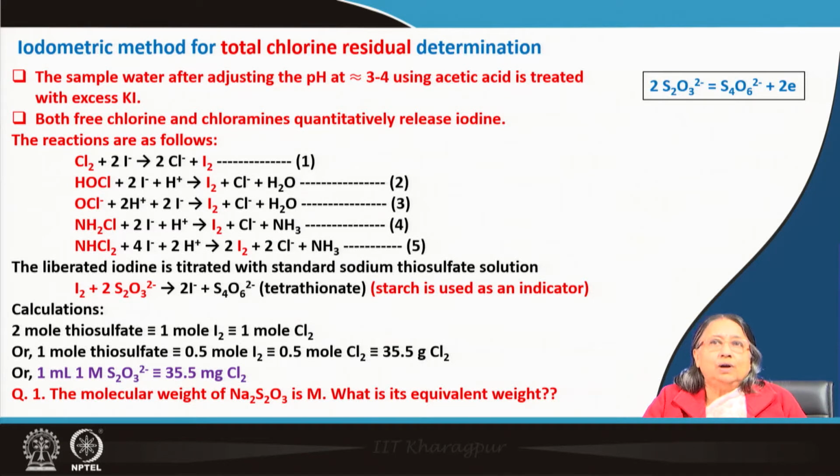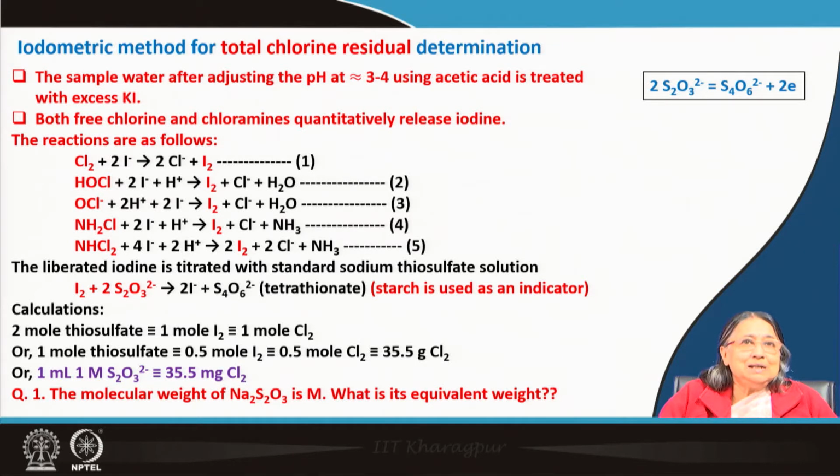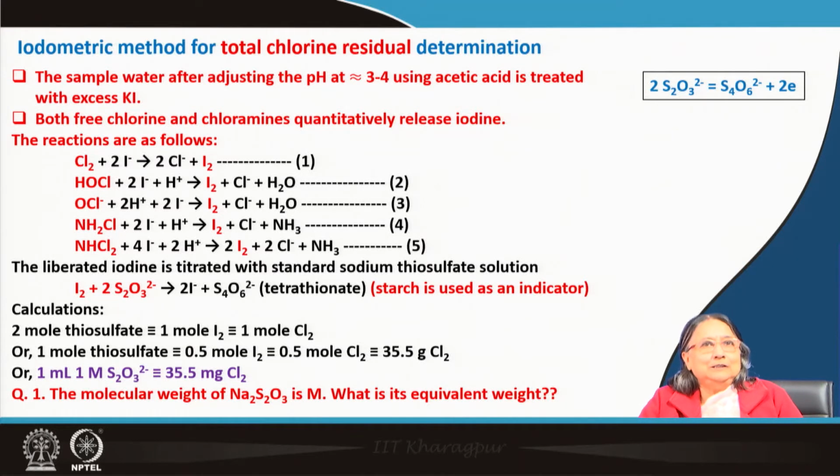Now, the question is, why from the beginning have we not added the starch? Why have we added it almost at the end of the titration? So, this is our question, this is our home task. This is a very good question. Even if I ask students at any masters level, they cannot answer properly. What is the reason behind this? If we add it in the beginning, what will happen? That is the thing. We will discuss it maybe in the next module.